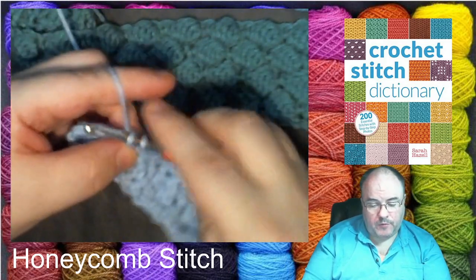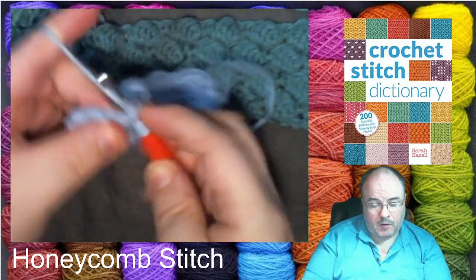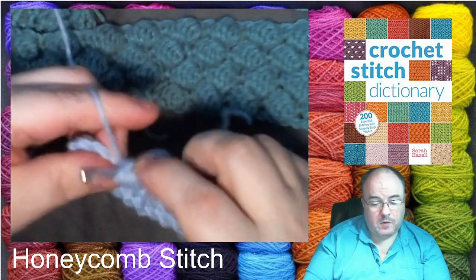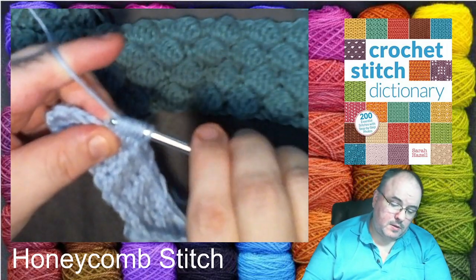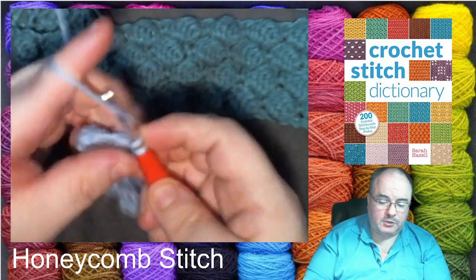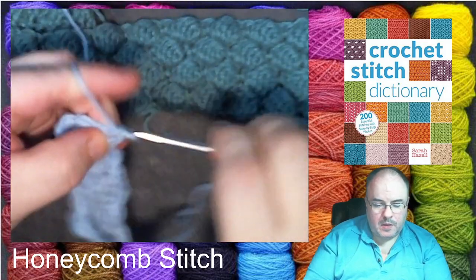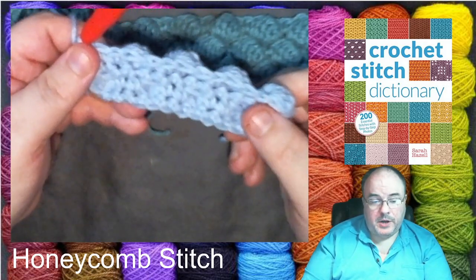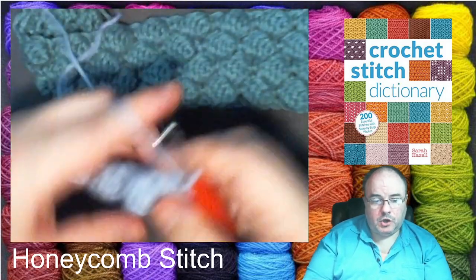That's how you know if you've counted right and are on track. And that's my last bobble, and then the last 2 stitches each get a single. And when you get to the end of that row, you'll chain 1, turn your work, and then